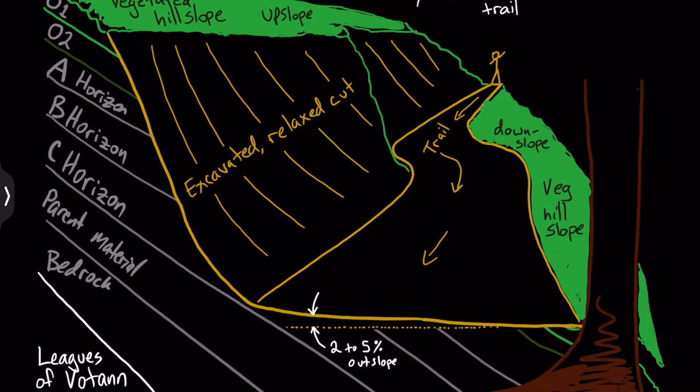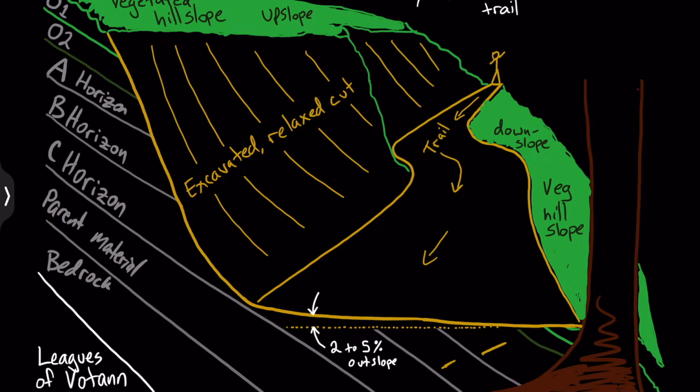So we've incised or sliced a sort of a triangle or wedge shape out of this hillside, and the trail is one of the two short sides of that triangle or wedge. And again, it's on the mineral soil down here, where it's going to be much more durable for people to walk on and not erode nearly as much as a trail that people just walk in through the O1, O2,